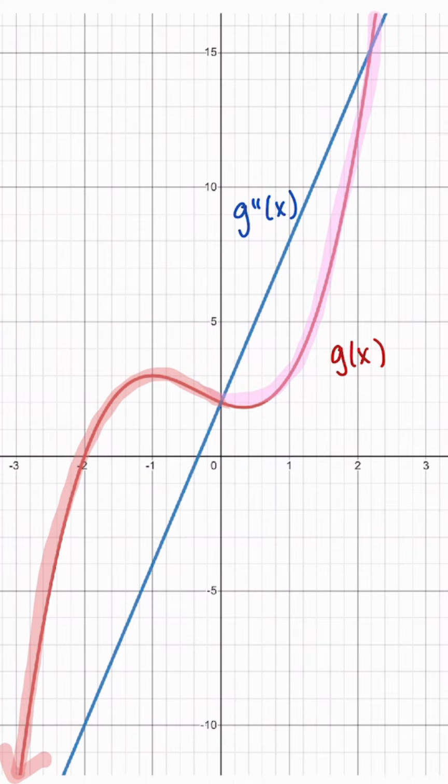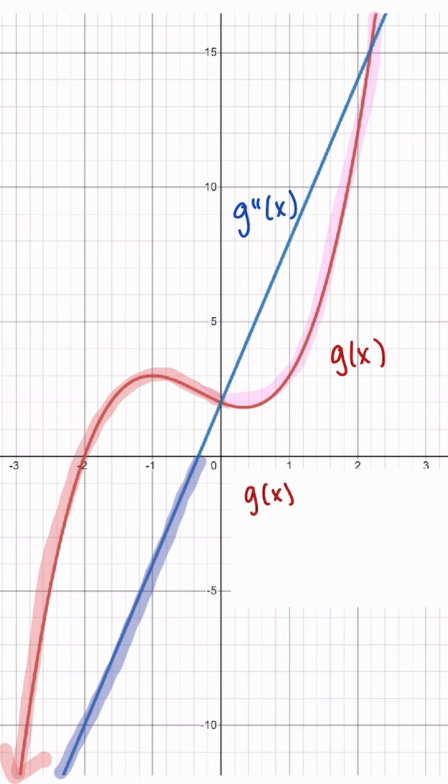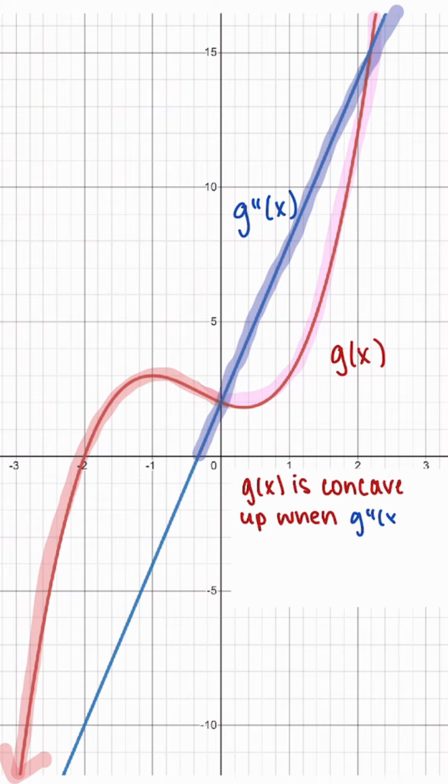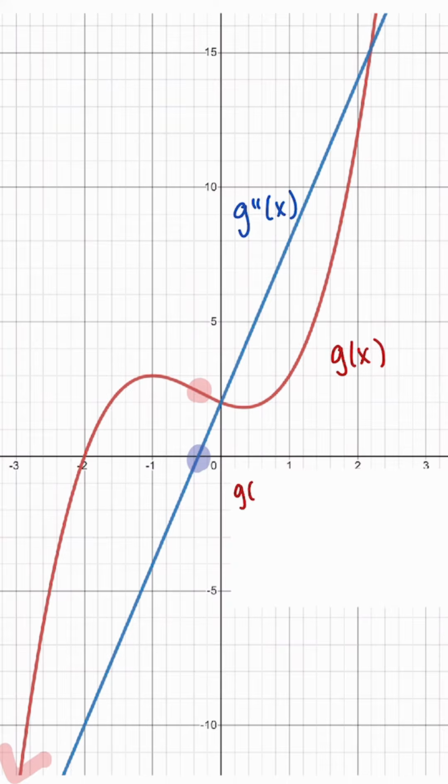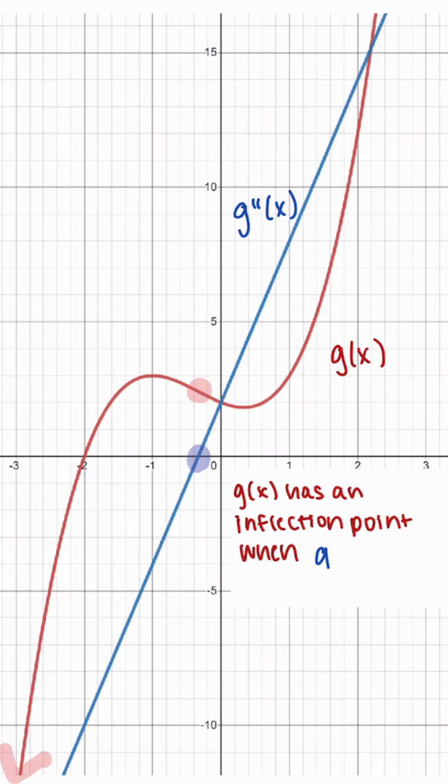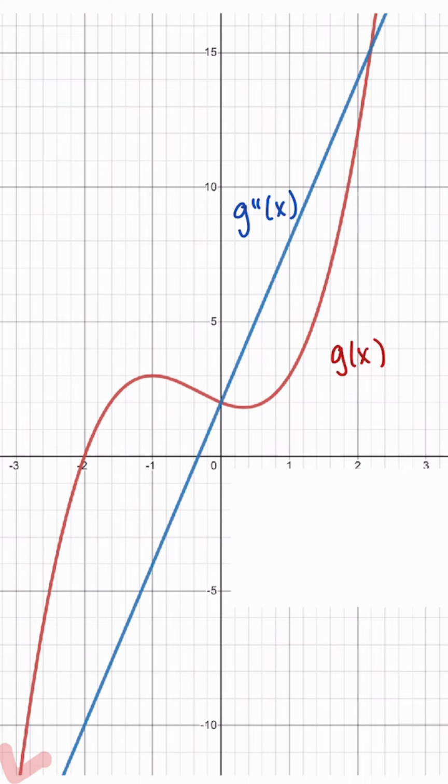So how can we tell concavity? Here, g of x is concave down when the second derivative is less than 0 or negative. Also, a function is concave up when the second derivative is greater than 0 or positive. When a function changes concavity, this is called an inflection point, and this is when our second derivative is equal to 0. So if we were to write this out all nicely, we have g of x is concave down